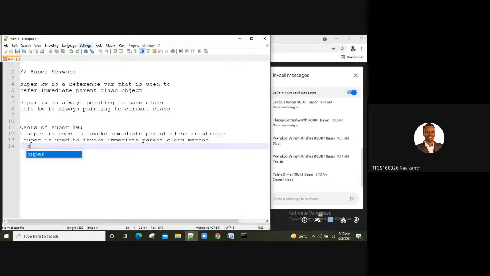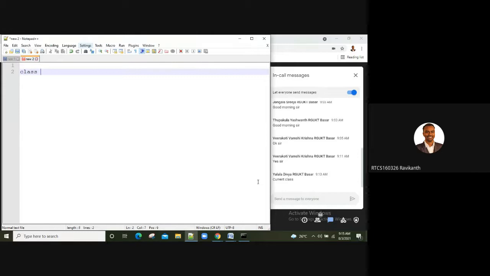In a similar way, the super keyword is used to refer to the immediate parent class variable. It could be with respect to a constructor, a method, or a variable. Let us see a small example program to understand how it works with respect to the immediate parent class variable.